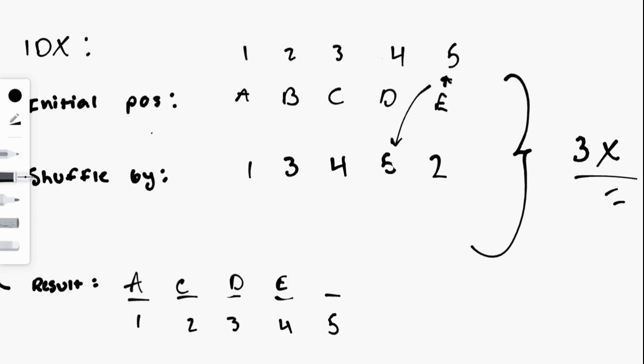And finally B. B is at position 2. And where 2 occurs in shuffle by is all the way at the very end. It is at index 5. So B goes here. Now, we just need to do this 2 more times. And this will lead us to our